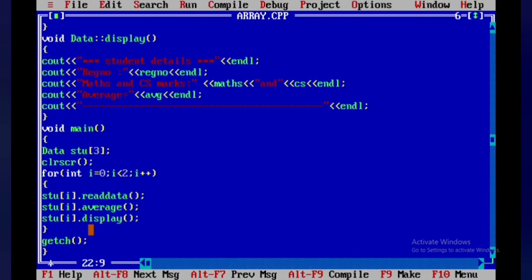Okay, write down this program in your assignment book along with more than 2 subjects. So here you have to take, along with maths and CS, another 2 subjects and find the average for the 4 subjects. Okay, thank you.